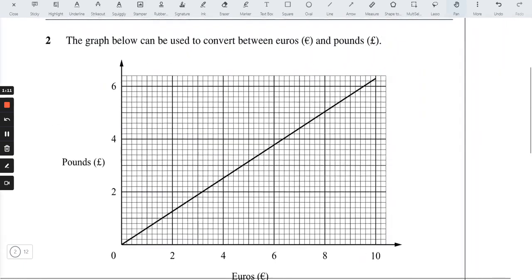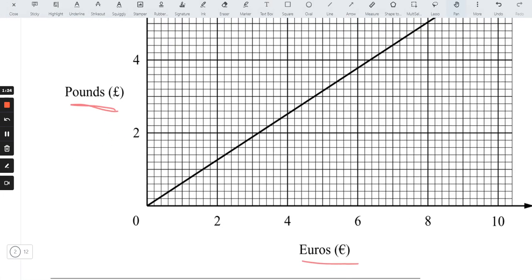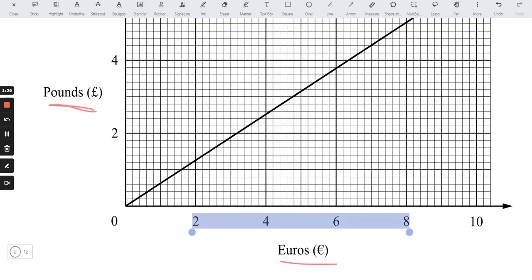Now here the graph below can be used to convert between euros and pounds. So the first axis here we have euros, and then we have pounds here. Be aware about how they are scaling these axes. So here